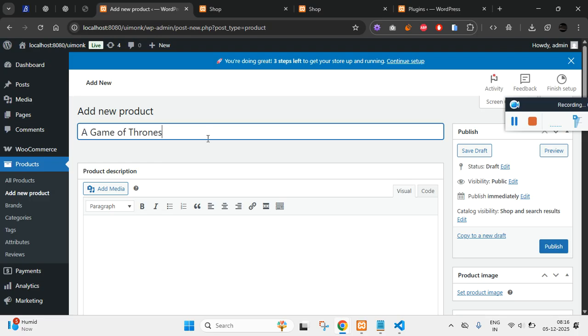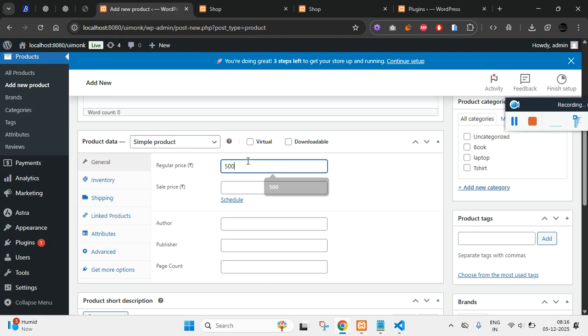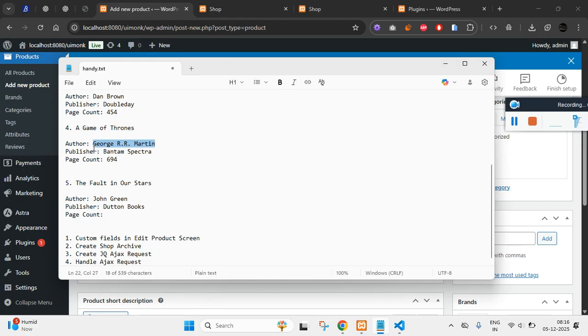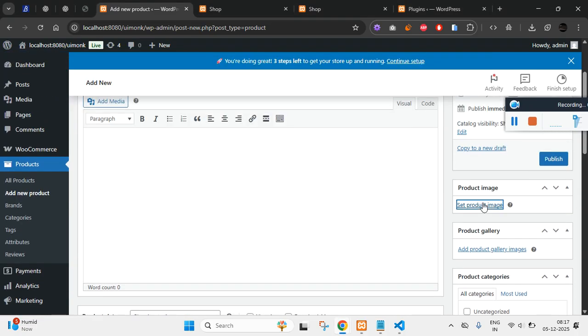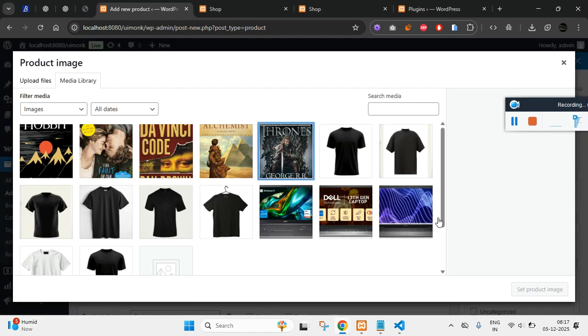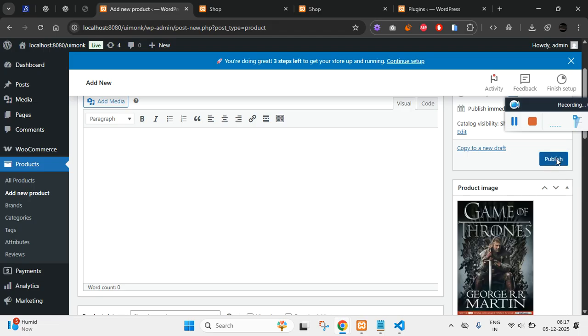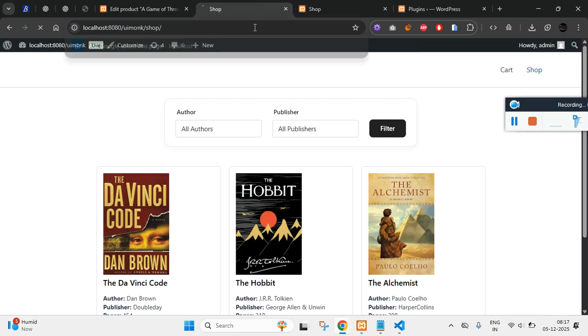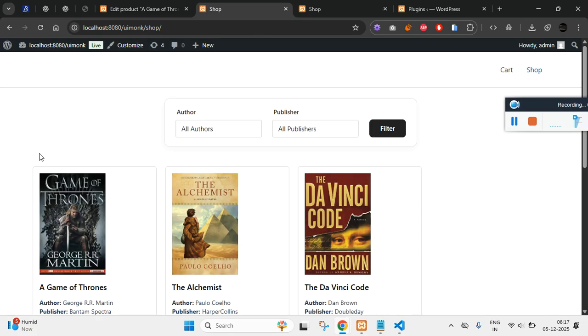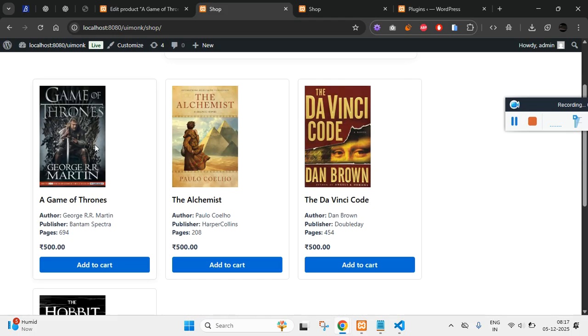Over here, this is the product name, and I am setting the price to 500, and this is the author name, and this is the publisher name. You can see the custom field that I have added in the general tab. So this is the general tab where you see your custom field. Let me select this, and the book that we are going to add is Game of Thrones, which I have already uploaded, and click on publish. Once you publish, you will see the book with the custom field in the front end. If you get into this page, you'll see Game of Thrones is added along with the custom field